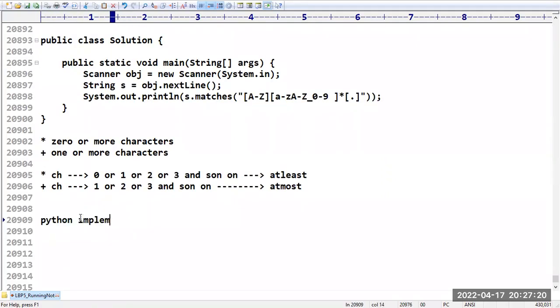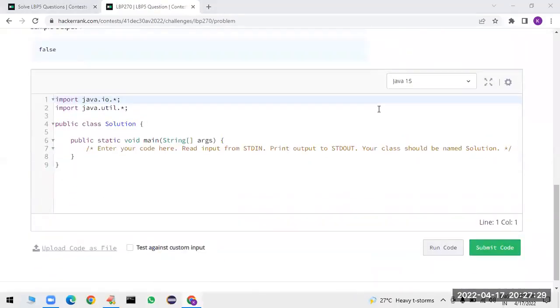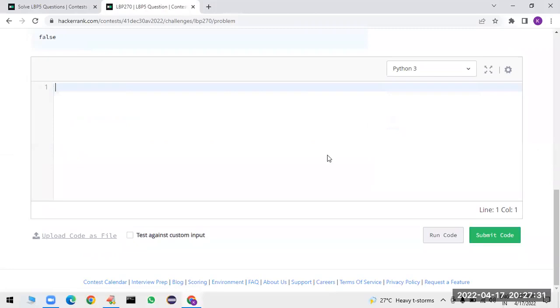So let me go for the Python implementation. How you can solve this problem in Python, we will see now. Same regular expression only we have to use, sir. So import re. Here s is equal to input. Then I'm going to print true if